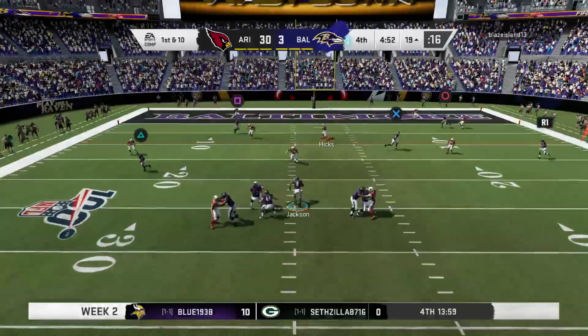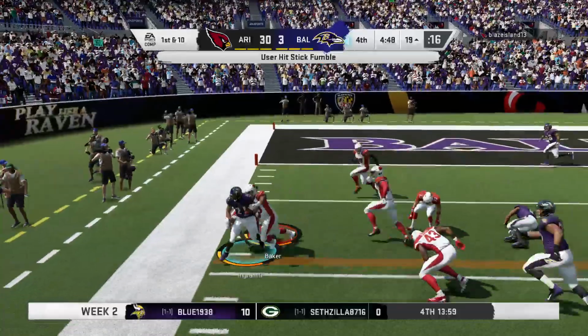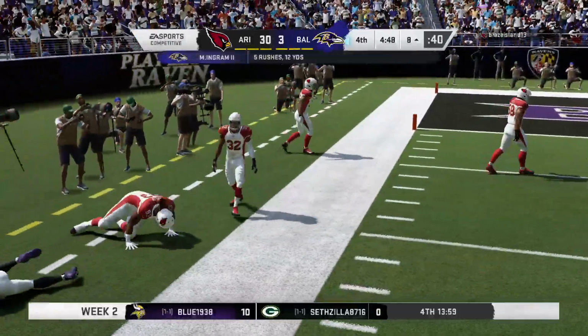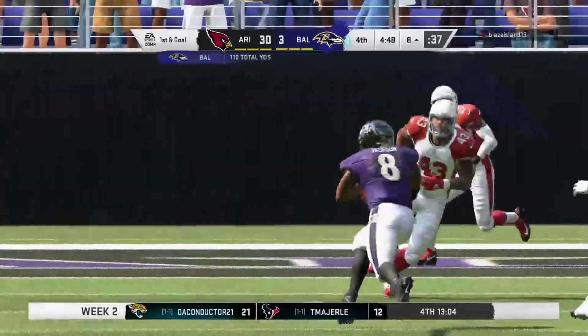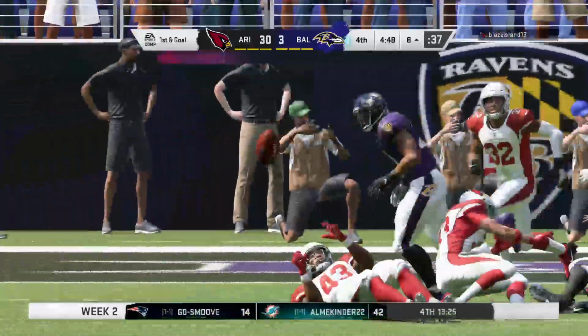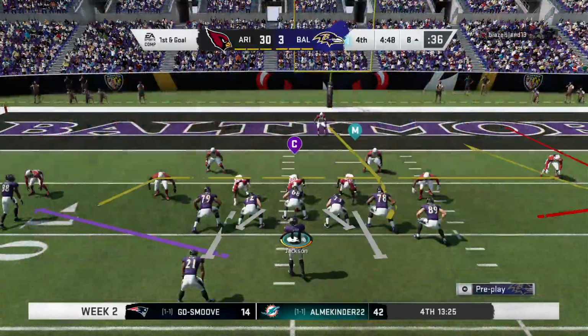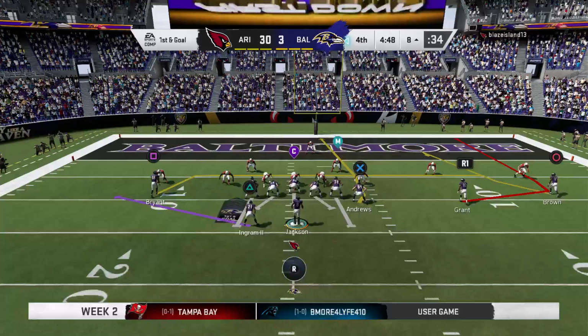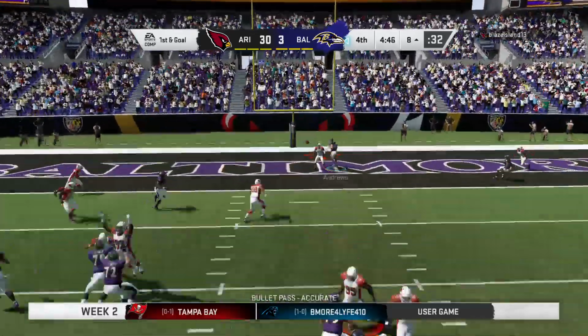Inside the red zone here, they'll look to throw. Jackson hit, and he lost the football. They'll call it luck or skill, whatever the case is. They're feeling good about just keeping the football there. Yeah, the biggest thing that they're calling it now, our ball. I mean, they don't care if it was luck or skill. Boy, the panic that jumps up in your chest when that ball's on the ground, whether you get it or your teammate gets it, just as long as you...